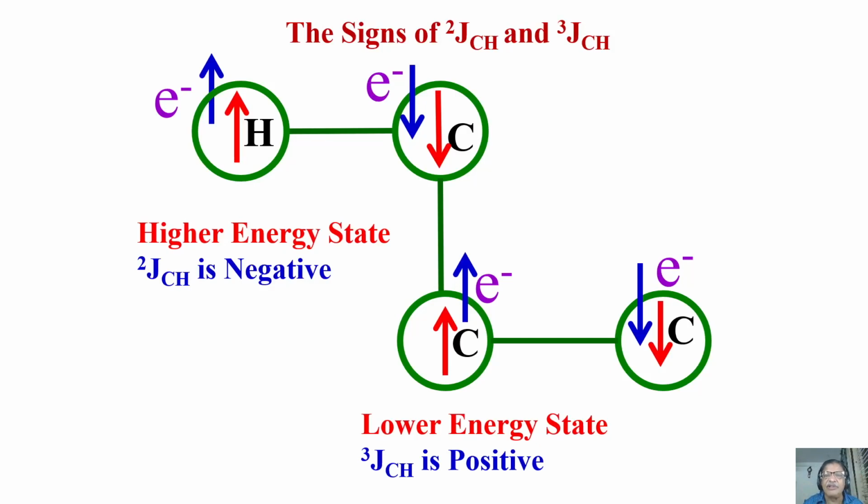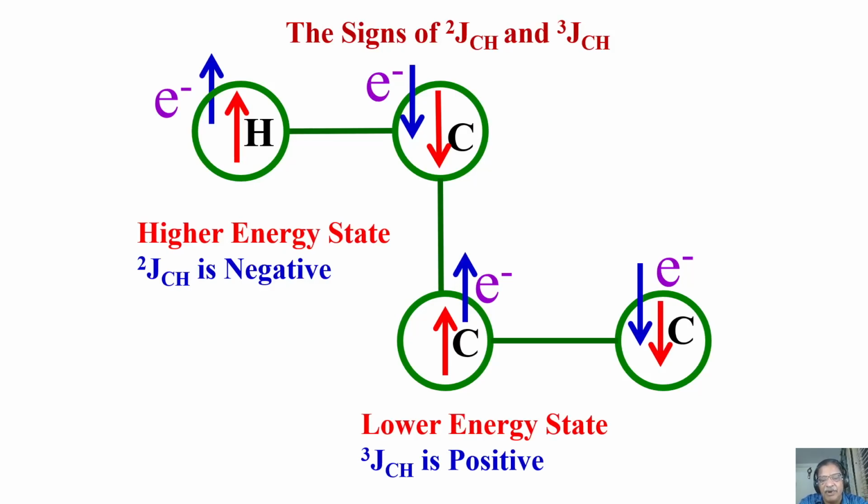And I introduced the sign of the coupling. How the sign of the coupling can be observed depending upon the orientation of the magnetic moments of two different spins which are chemically bonded, especially CH, 2 bond, 3 bond we observed. And we observed 1 bond JCH is positive, 2 JCH is negative, and 3 JCH is positive based on the alignment of the magnetic moment of two coupled spins. If they are anti-parallel, it has different state. If they are parallel, different state. So depending upon it is a lower energy state or higher energy state.